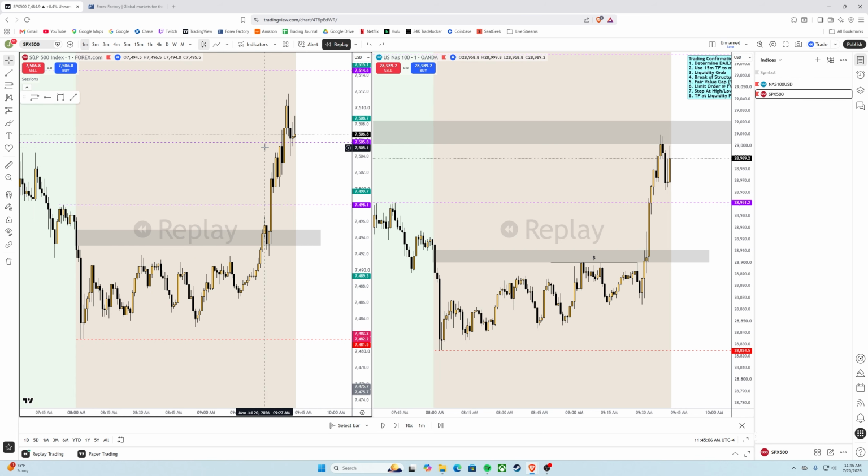We just have to sit here and watch price take off, because there's some traders who are going to try to chase after this move, and if your strategy allows you to do that, then you have a trade. But my strategy doesn't, because price never took any sell side liquidity, so there's nothing for me to do. So this move here does not interest me, because it does not give me what I'm looking for.